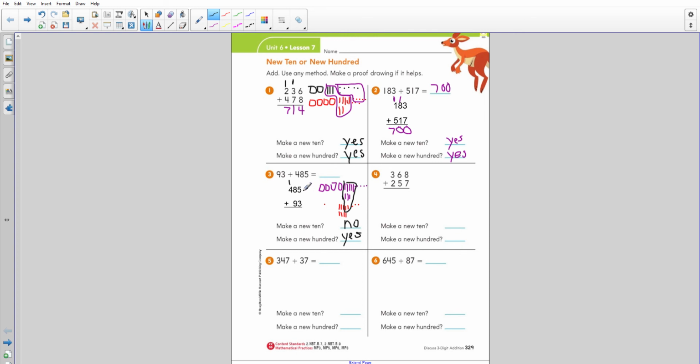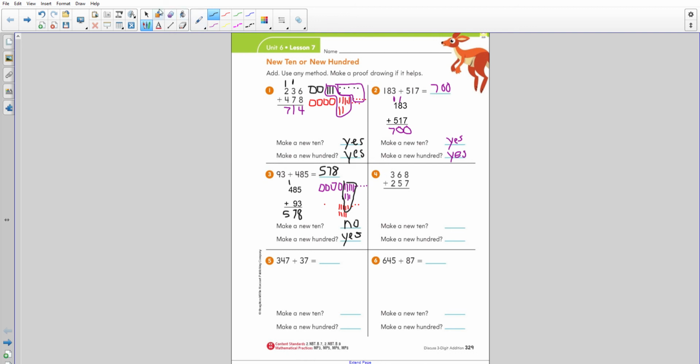Now I'm going to go back and add. 5 plus 3 is 8. 8 plus 9. Having a hard time with that one. Let me go back to my picture. 10, 11, 12, 13, 14, 15, 16, 17. Oh, so the tens digit will be the 7, and there's my 1, 17. And 1 plus 4 is 5. So after using that picture to guide my thinking when I got stuck, I was able to come up with the answer of